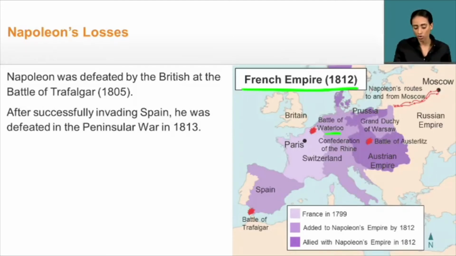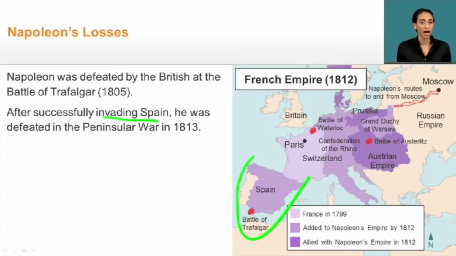So a couple of these battles are key points in which Napoleon's empire is really going to be challenged. And remember, the British found Napoleon a particular threat. And so they're going to face him head to head here in Spain at the Battle of Trafalgar. So we can point out the Iberian Peninsula, and I don't want to cross out Battle of Trafalgar, but this area here, what we call Spain, is actually also known as the Iberian Peninsula, and this is going to be really a key point in Napoleon's empire's growth, because what he initially does is actually invade Spain.